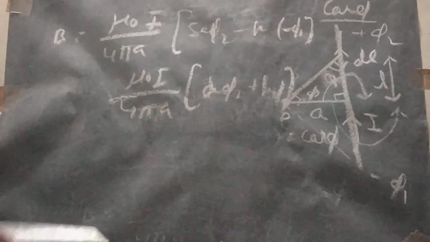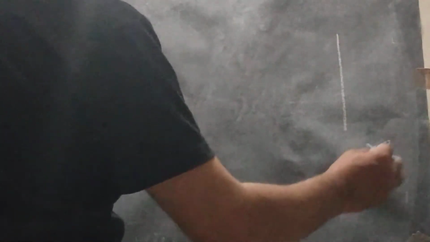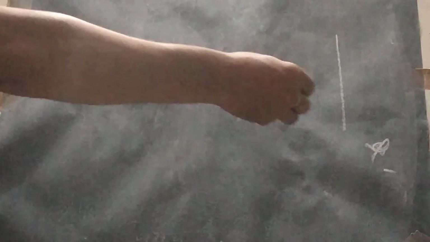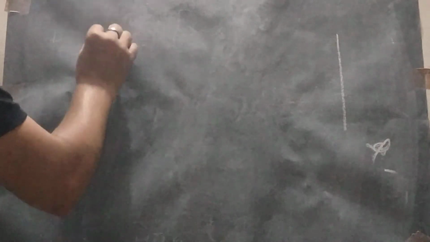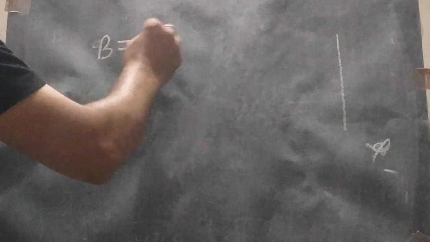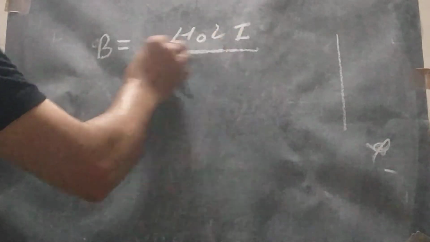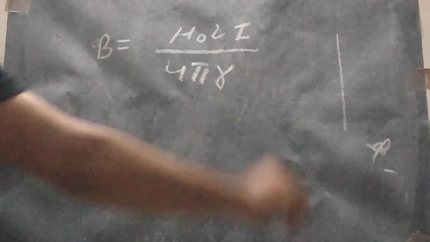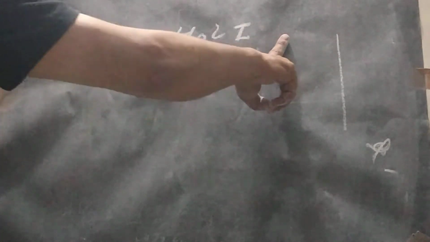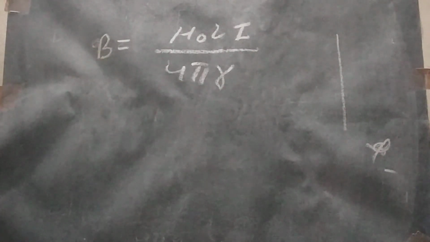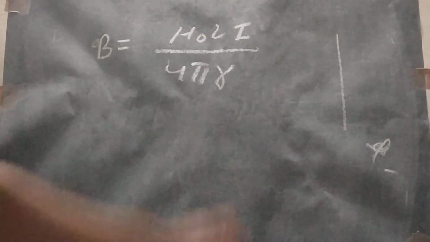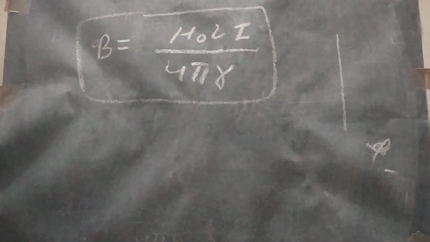We will take some examples of these in the next lecture. And then, if the conductor is infinitely straight, we take the limit minus pi by 2 to plus pi by 2. Therefore for an infinitely straight conductor we have B equals mu naught 2I by 4 pi r, because sin of pi by 2 plus sin of pi by 2, sin of pi by 2 is 1. Therefore mu naught I by 2 pi r is the result for an infinitely straight conductor.